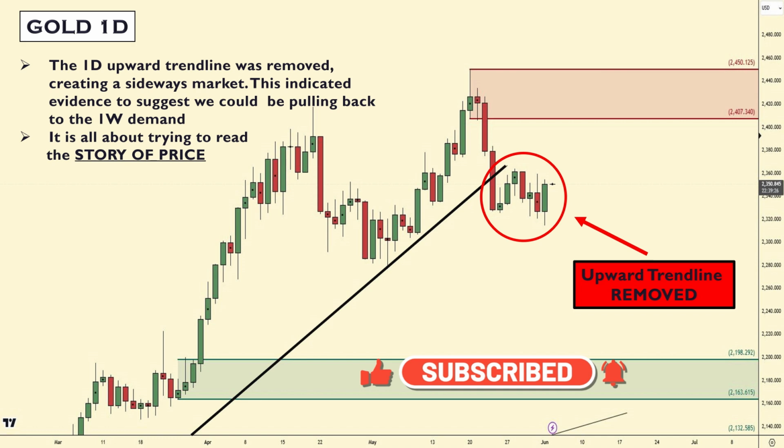But then all of a sudden, as the daily upward trend line was tested, it was removed because, like I said, it broke below that trend line. So according to the story of price, that is basically the first amount of evidence we need to suggest that price could be pulling back to an even higher time frame demand zone, which in this case was the weekly chart. So to kind of summarize again, in order to get that pullback to that weekly zone, this is what we need to see on the daily chart. So if you want to trade counter trend, this is what you would need to see to really make me